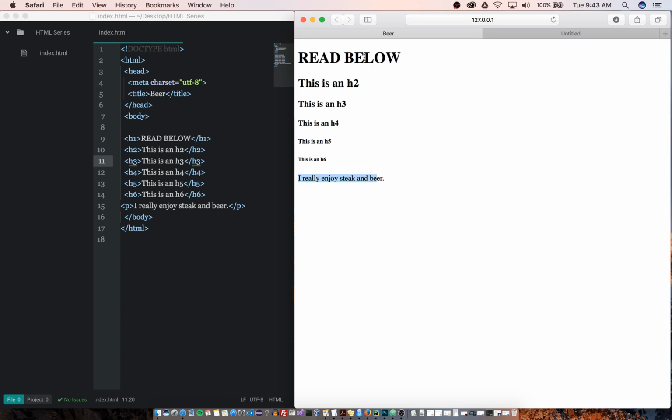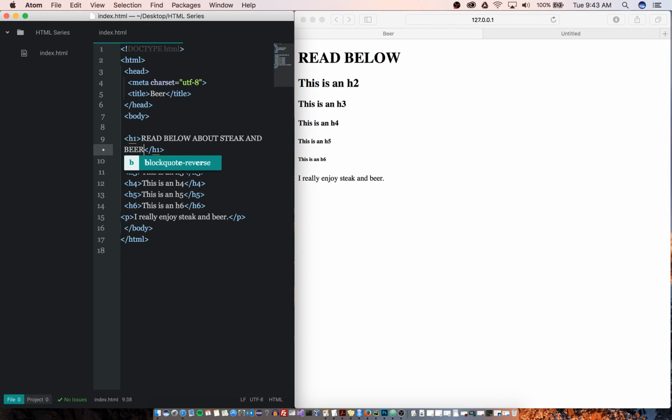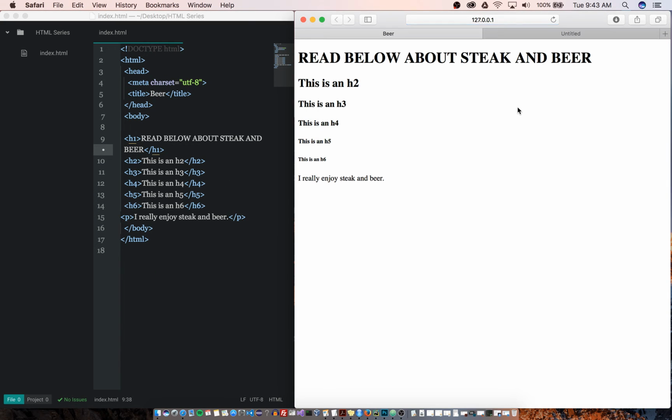So if someone says, I want to read about steak and beer, we could come in to our H1 tag and type read below about steak and beer. And that would give us maybe, I don't know, points or whatever system they use to bump us up in the search results to find our items. So use these intelligently. Don't abuse them or overuse them, but these are and will be a crucial part of your